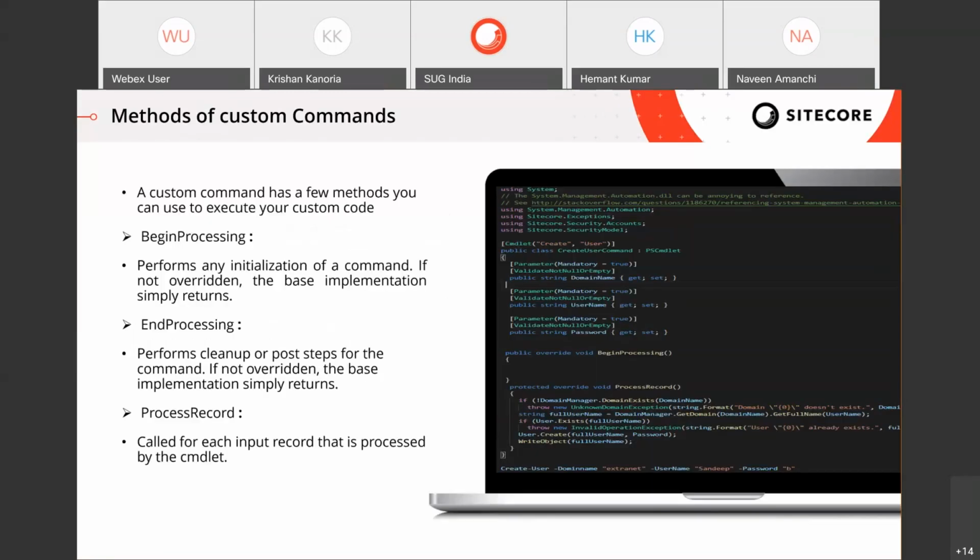Now, the custom command I have also just showed you. You can create and register it in your Sitecore, and similarly you can register it in the higher environments. You need to deploy the DLL and the configuration file. Inside that you can write any logic, any complex thing which you think is repetitive and needs to be run from PowerShell. So that is something you can do.